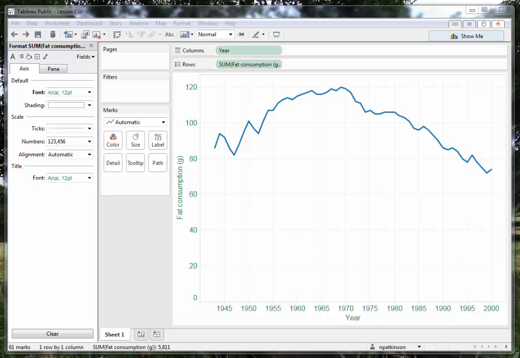Hello again. In this video we're going to look at a number of things. We're going to look at making sure things fit on the screen. We're going to look at the difference between discrete and continuous data, and then we're going to add a second data set to our visualization. But before we do that, I think we should think a little bit about the implications of the word public